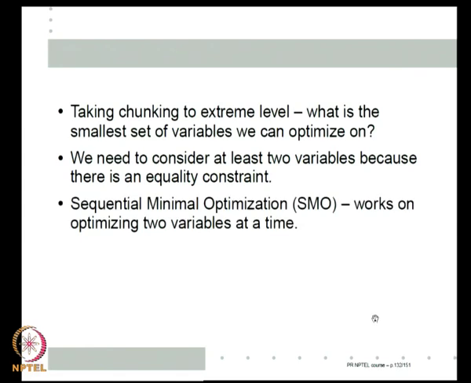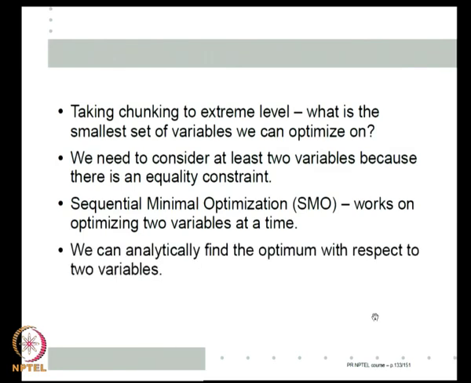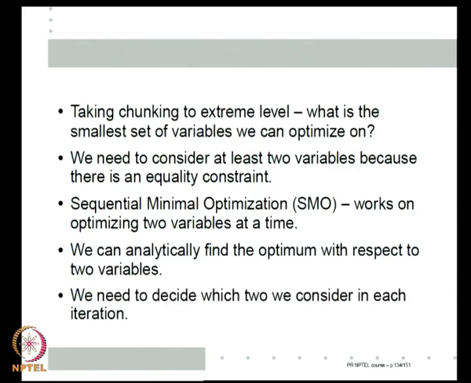So, there is a special algorithm called sequential minimal optimization, which works on this principle of optimizing 2 variables at a time. This is a very interesting algorithm, because if I keep the rest of them fixed and optimize only on mu1, mu2, then by analytically manipulating the expression, I can calculate the optimum with respect to mu1, mu2, which means I do not have to do any numerical optimization at all. I spend all my time deciding which 2 variables, which 2 Lagrange multipliers, I should optimize next. Using a variety of heuristics, this algorithm does a very good job of solving the SVM optimization. It is a very, very efficient algorithm.